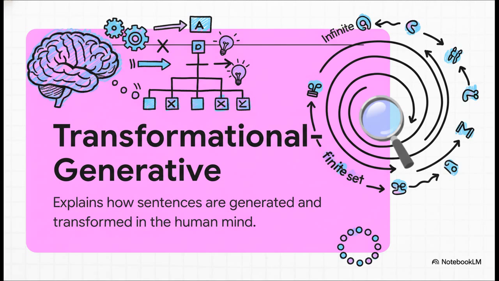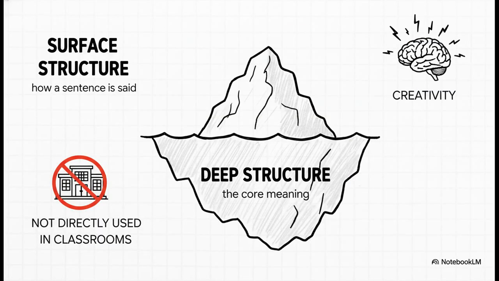It's trying to explain this incredible thing we do, how we can generate a practically infinite number of sentences we've never heard before, all from a limited set of rules. The key idea here is this concept of deep structure versus surface structure. The deep structure is the core meaning you want to convey, and the surface structure is the actual sentence you say out loud. This theory was a total game changer for modern linguistics because it really highlighted the creative power of language. But because it's so abstract and complex, it's not something you typically use to actually teach a language